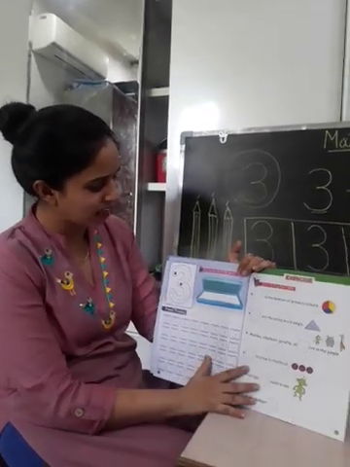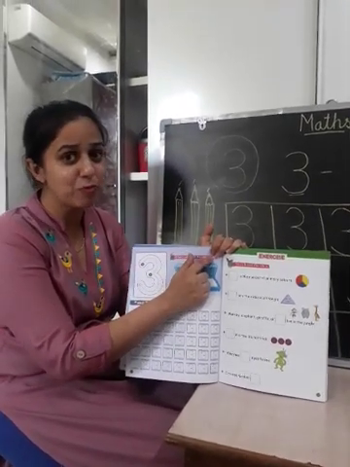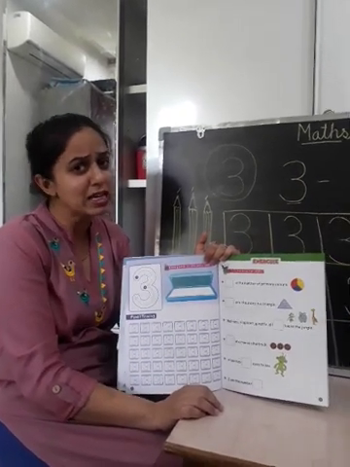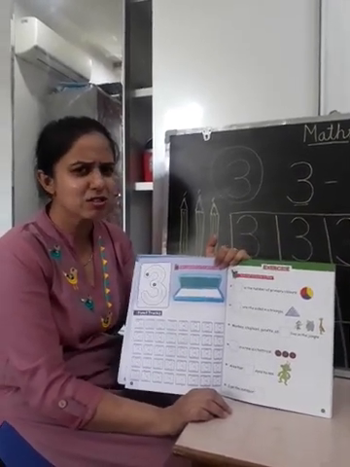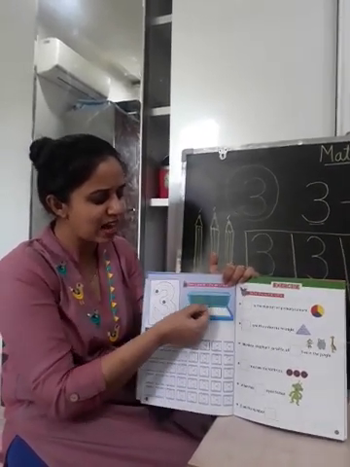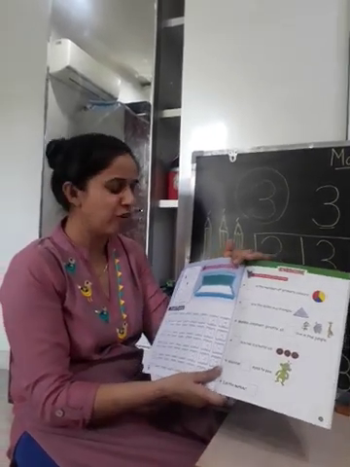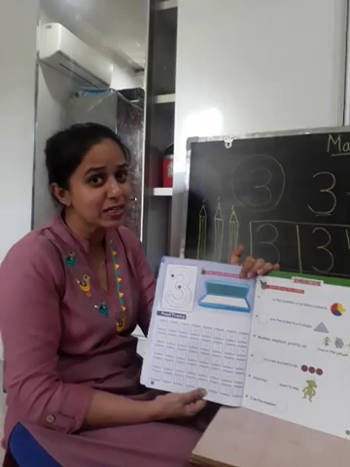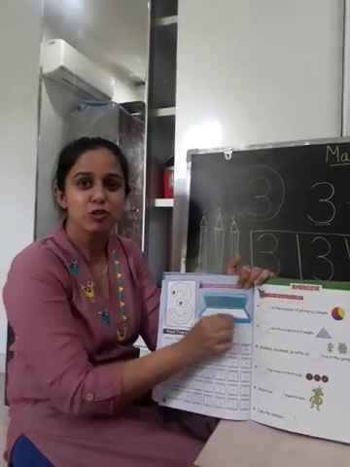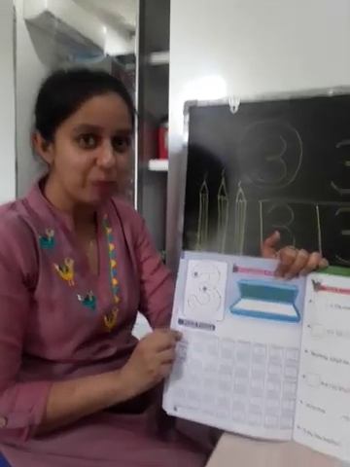Now the activity is there in your book. Draw 3 pencils in a pencil box. I know that you can't draw the pencils. You will say, ma'am, how will we draw pencils? It is not that difficult. You can draw 3 sleeping lines and a point there. Then I will understand that you have drawn the pencils, or you can take the help of your mama. Ask your mama to make some dots to trace that pencil. Then you have to write this number 3 here.